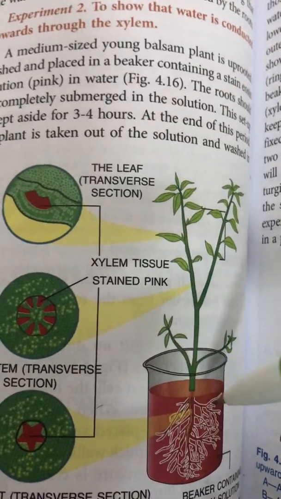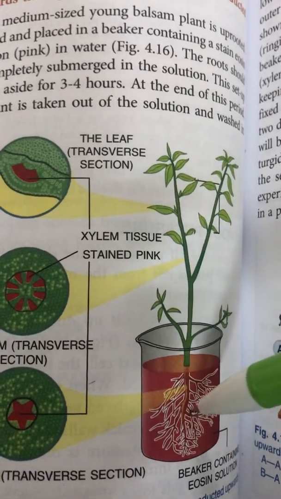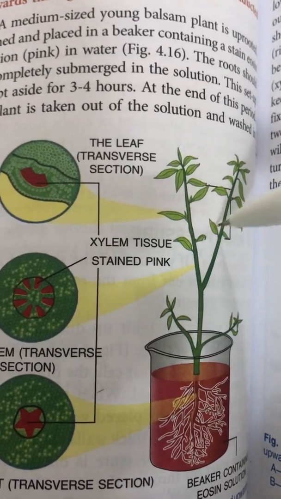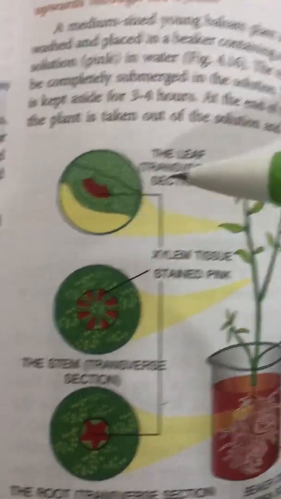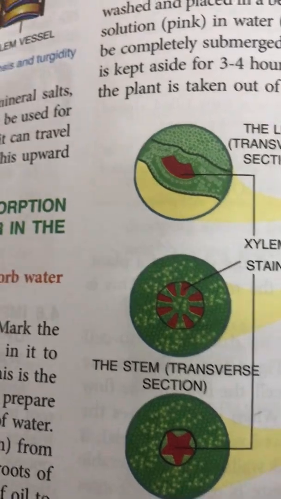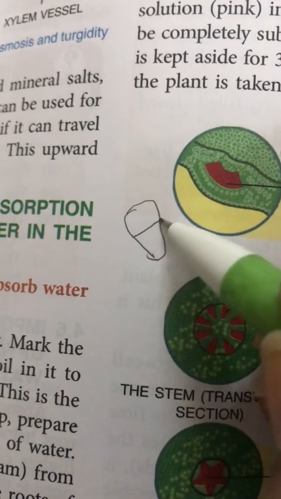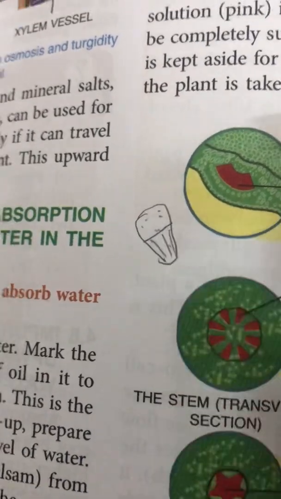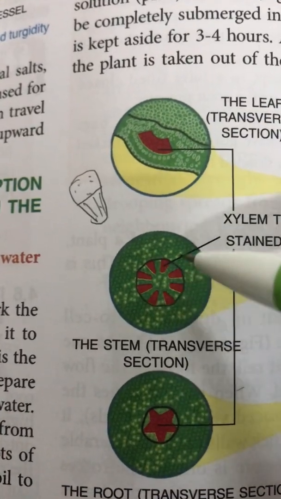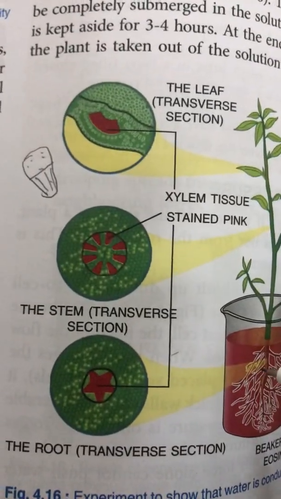After that, thin sections or slices are cut, what we call as TS or transverse sections of root, of stem and of the petiole of the leaf or the leaf lamina here from the center. When we will observe these sections, we will find that xylem and phloem, which were occurring together in bundles, a vascular bundle, looks somewhat like this, having xylem here and phloem here. So wherever xylem was present in these vascular bundles, these are all parts of vascular bundle, it would stain red in color, because the water used here was red.